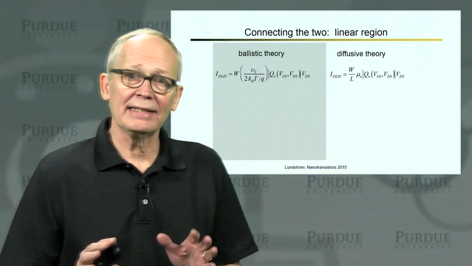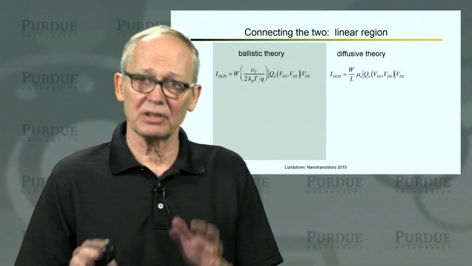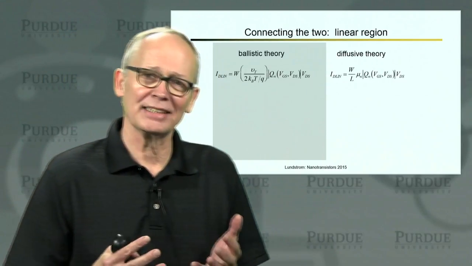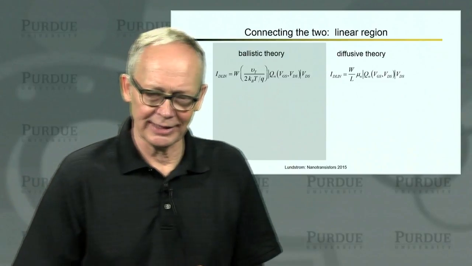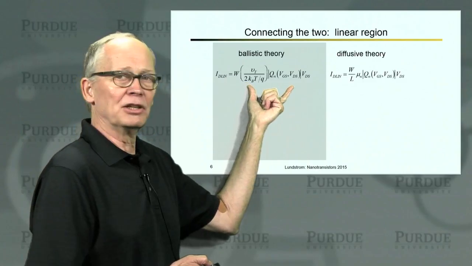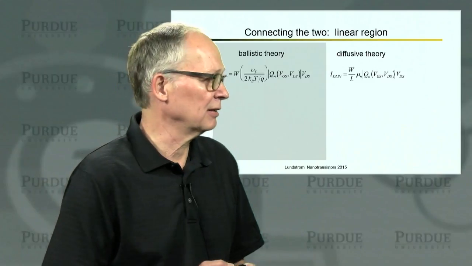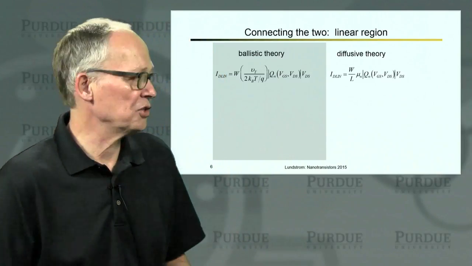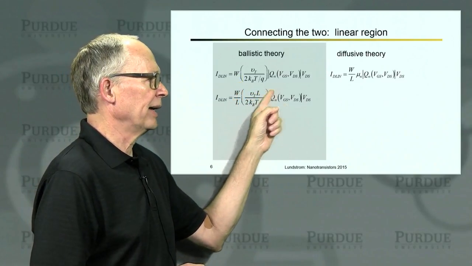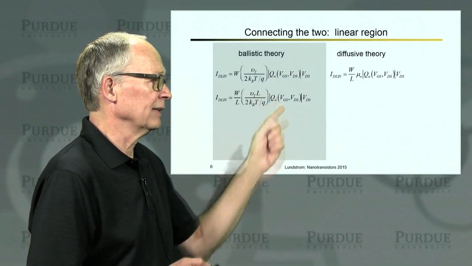Okay, so what we would like to do now is to connect this new ballistic model that we've developed in this unit to the traditional model that people have been using for many years, and whose physics we're uncomfortable with at the nanoscale. This is our expression for the ballistic linear region current. This is our expression for the diffusive current when there's lots of scattering in the linear regime. These two expressions look much different, but if I simply divide by L and multiply by L, then I can bring a W over L out front. I'll end up with another L inside.